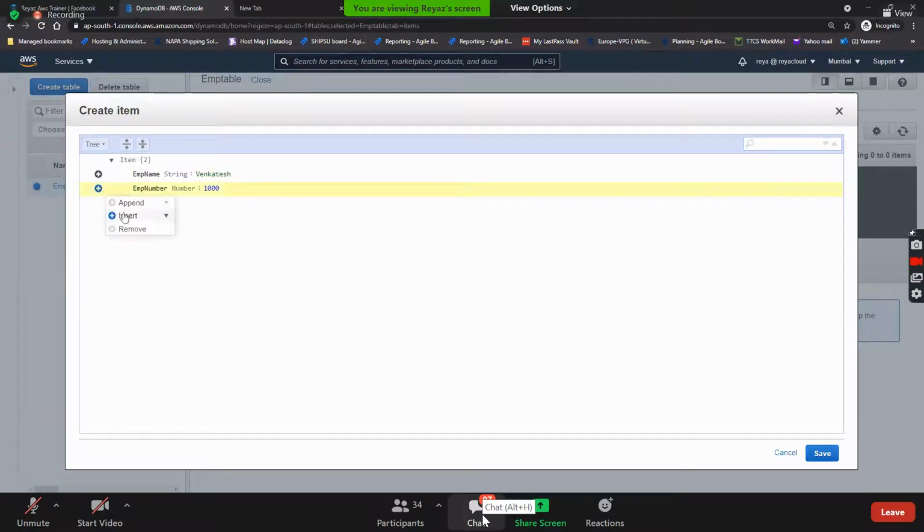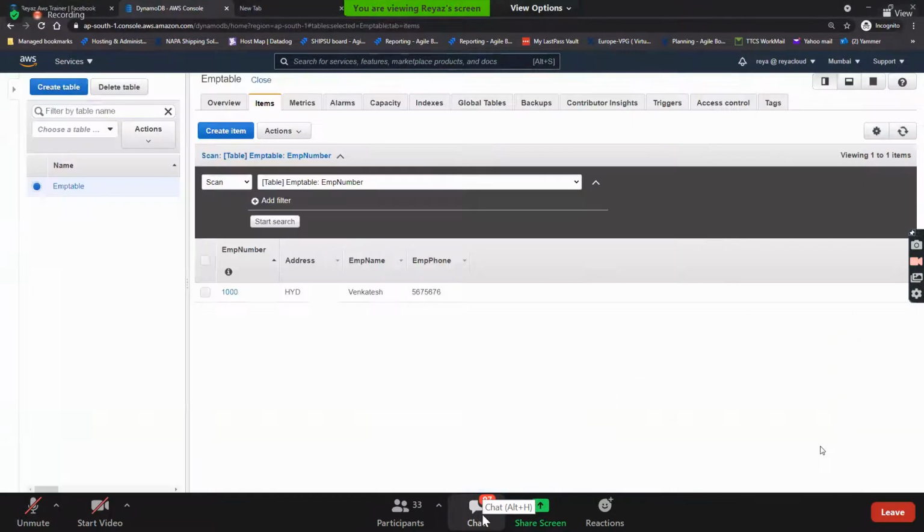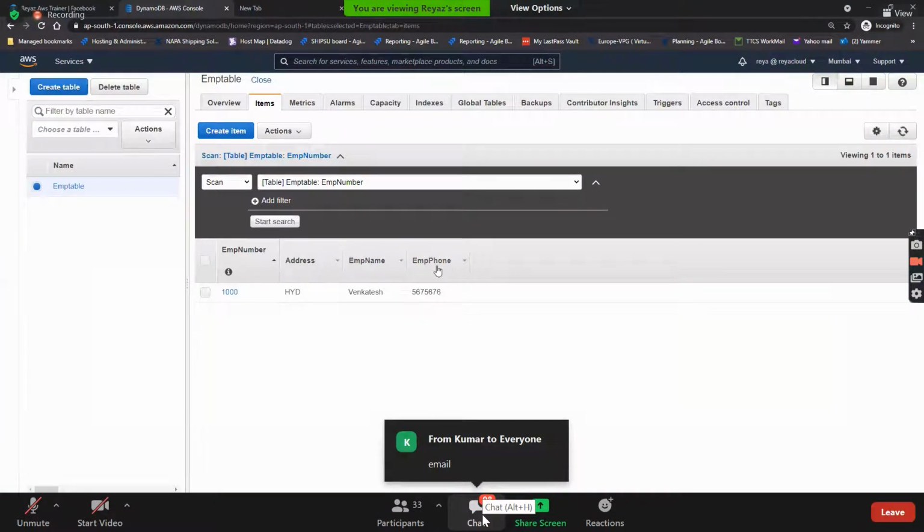Then I can add EMP phone, some number, and address, something. Do you see that? So we can add the columns on the fly. I click on save. Do you see that all the columns have been created here?